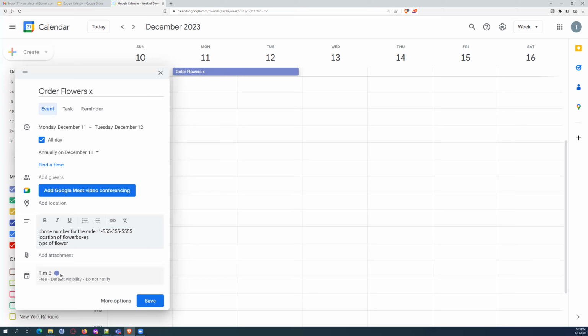So you could add someone who isn't on the committee, but might need to know about this specific event, correct? Correct. Yep. And you can give people access to a specific event in a calendar without giving them access to the full calendar. The last thing we would do in this section, we could add an attachment. For example, we could add an attachment of the previous year's purchase order, just so we have that going forward,